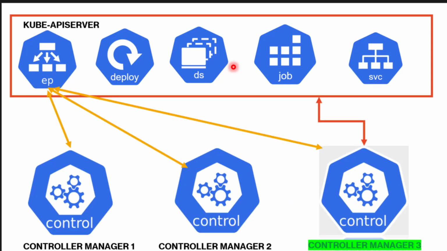In a highly available environment, when there are multiple controller managers, a leader is elected and it is the only one responsible for managing resources. It continuously sends a heartbeat to the endpoint resource. In case of leader failure, one of the other controller managers is selected as leader. Again, if you see in the diagram, we have three controller managers and there is an endpoint, and all of these controller managers are connected with the endpoint. One of them has been selected as leader. In our case, controller 3 has been selected as the leader, and it is responsible for managing job, service, daemon set, deployment, and other resources of Kubernetes.